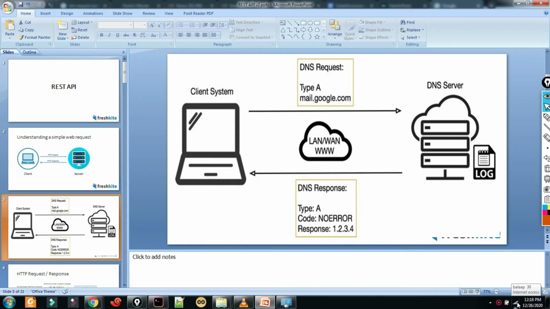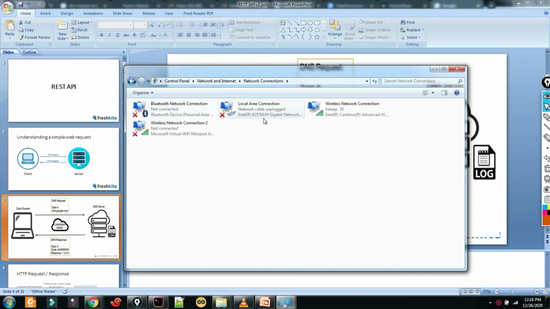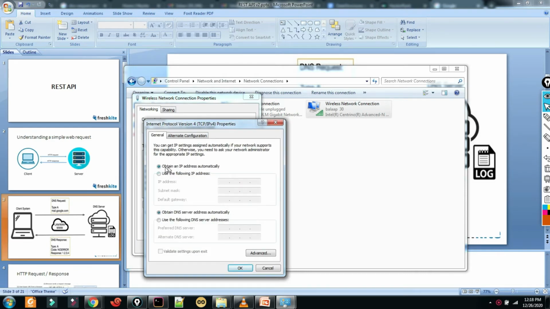Suppose you go here, you go to your network sharing center, you go to your adapter settings. Now I am getting internet through this interface, through the wireless interface only. This is the Ethernet interface. So here if I check into the properties, I go to V4 and then check the properties. It is saying obtain IP address automatically. So basically I am connected to my mobile data.